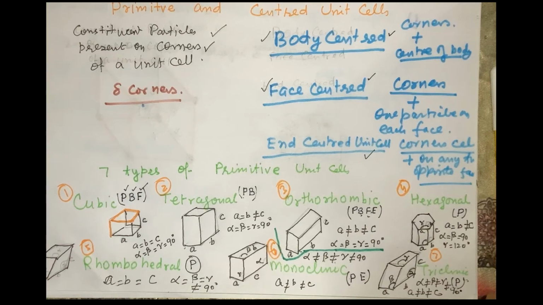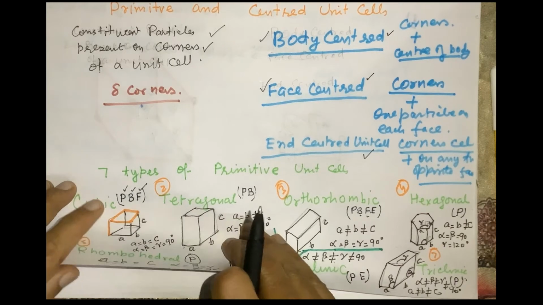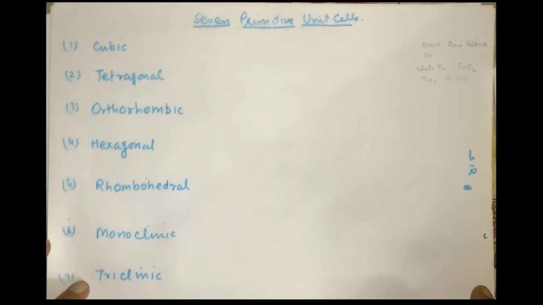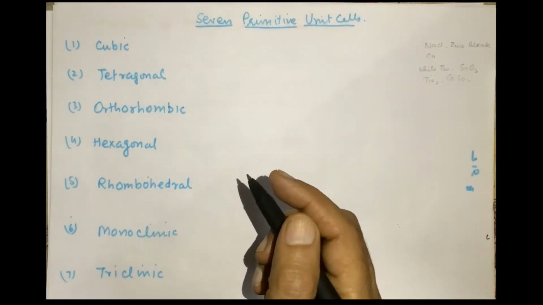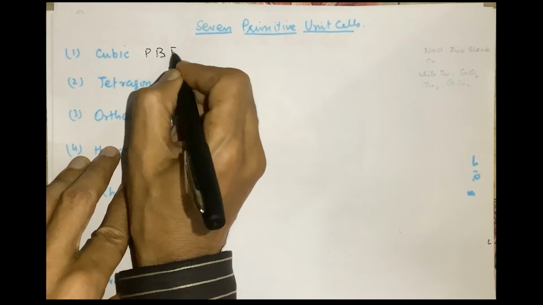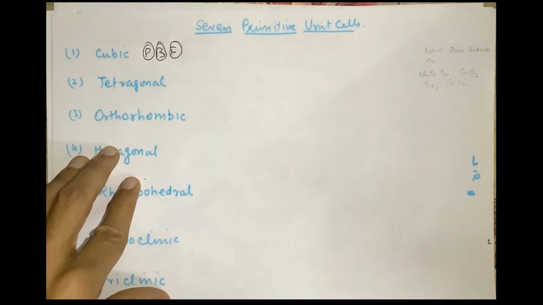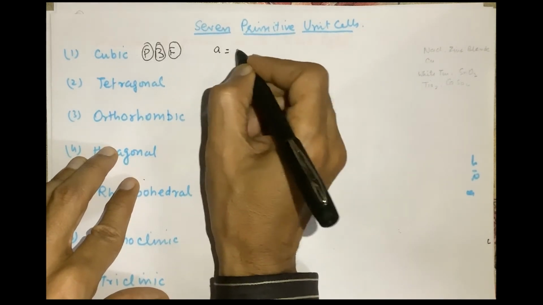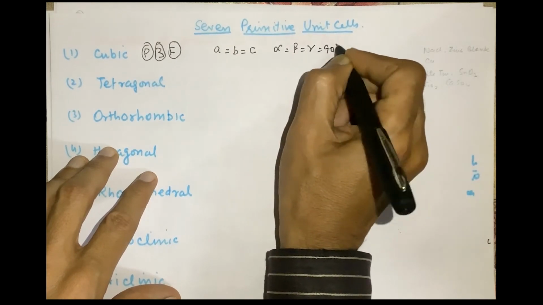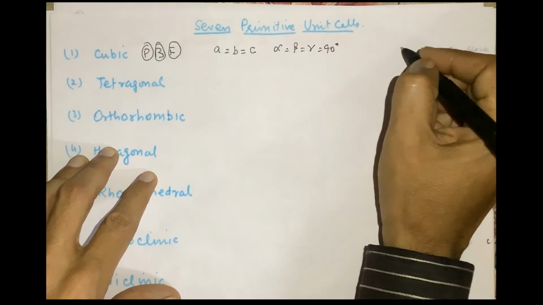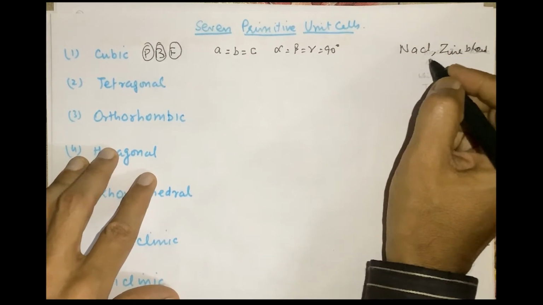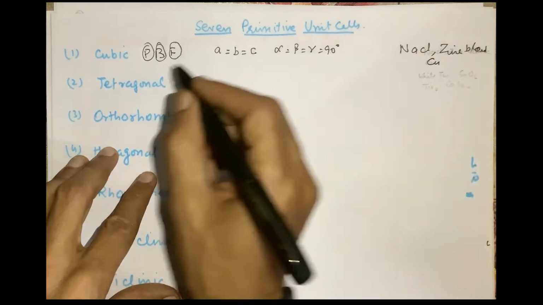So these are the... if we draw this information in a tabular form, we again see that cubic is possible in PBF, primitive, body centered and face centered, and A is equal to B is equal to C, alpha is equal to beta is equal to gamma is equal to 90 degree, and its examples are sodium chloride, zinc blende and copper. These are the three examples of cubic